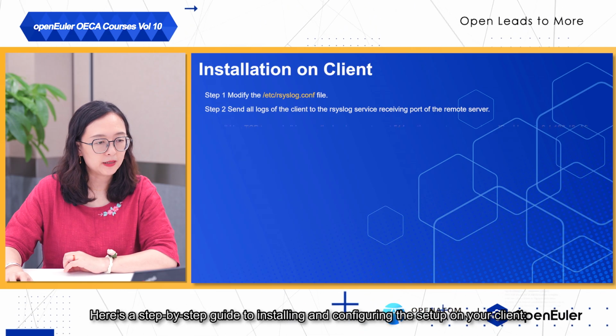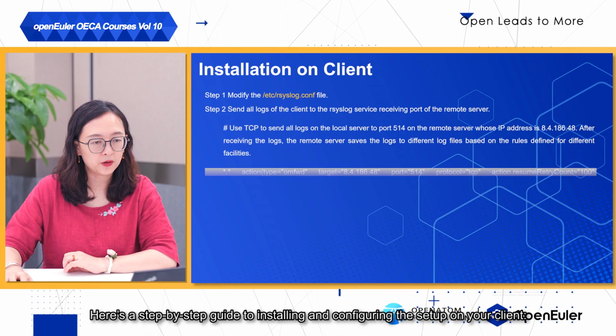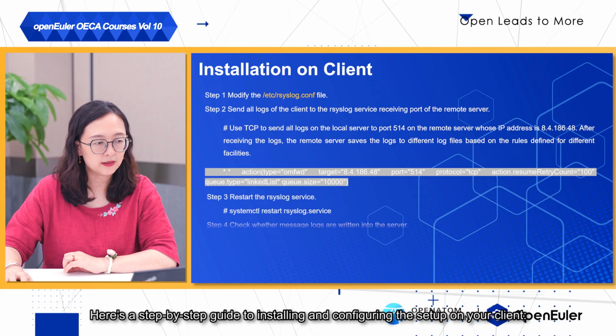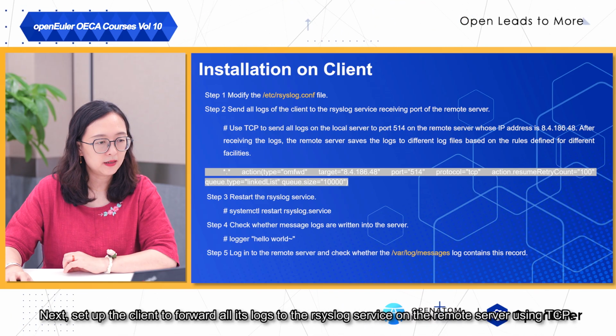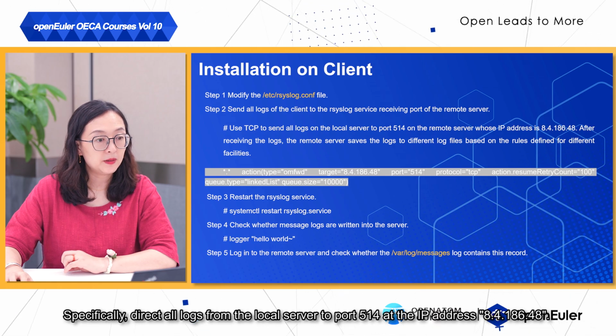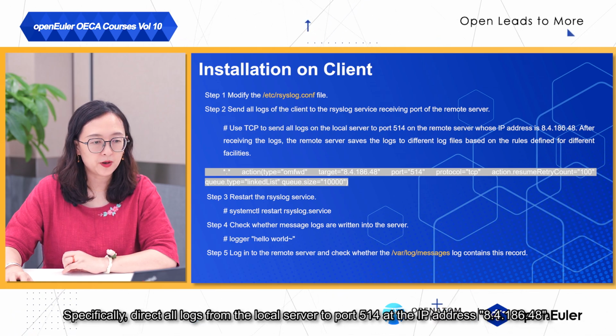Here is a step-by-step guide to installing and configuring the setup on your client. First, edit the rsyslog.conf file. Next, set up the client to forward all its logs to the rsyslog service on the remote server using TCP. Specifically, direct all logs from the local server to port 514 at the IP address